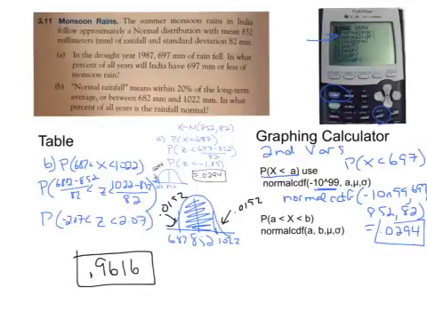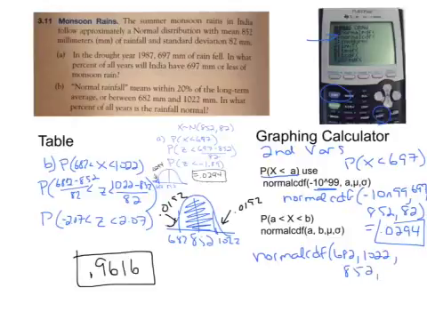In the second example in part B, this is where the calculator really comes in handy because I'm going to do the same thing, but because I have from a certain number to another number, I don't have to worry about the adding, the subtracting, or dealing with 1 or 0.5 like I did with the table. I actually put the 682 to the 1022 with my mean and my standard deviation, and my calculator will actually give me 0.9618. Not exactly what I got from